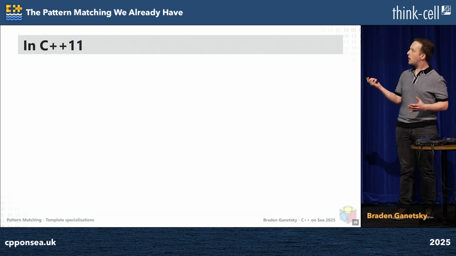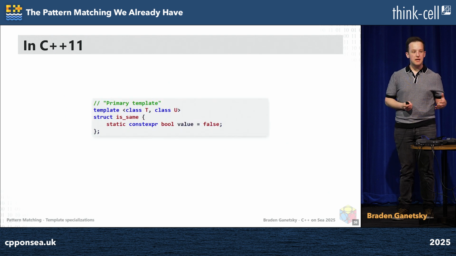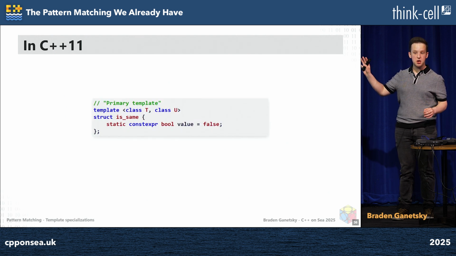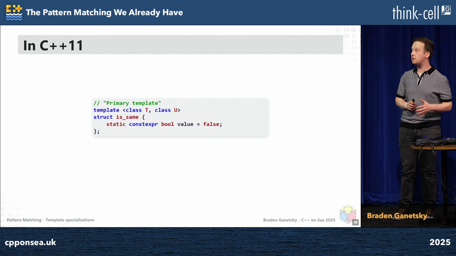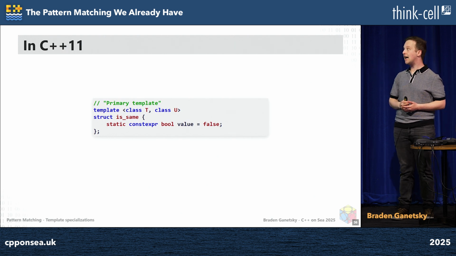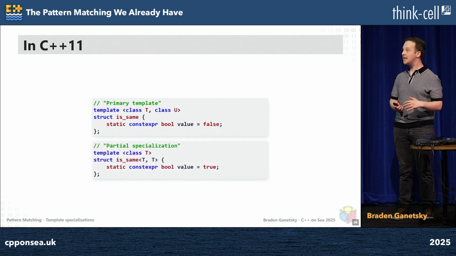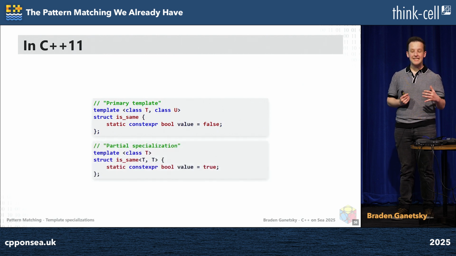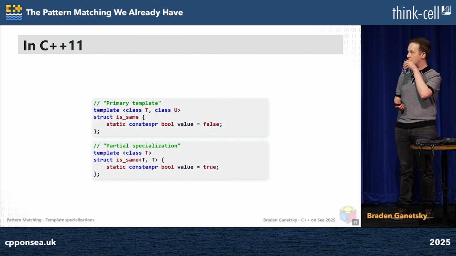So here I'll show another one. In C++11, this is how you might do isSame. This is a valid implementation. This isn't how the implementations actually do it in real life, but this is a valid implementation. You create isSame, you write a static constexpr bool value is equal to false, and then in the partial specialization, you set it equal to true. It's exactly the same as before, but I've updated the syntax to the modern day.